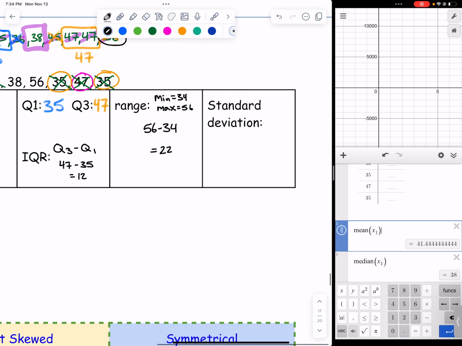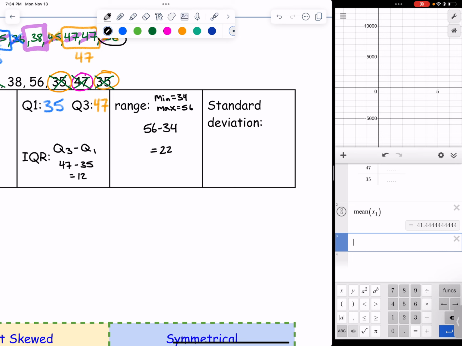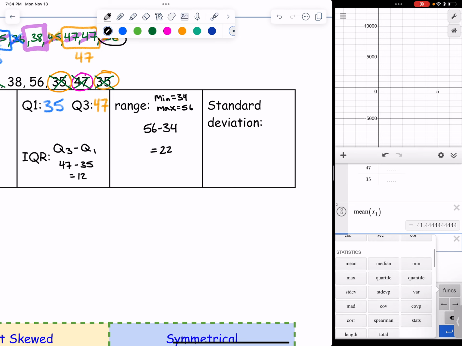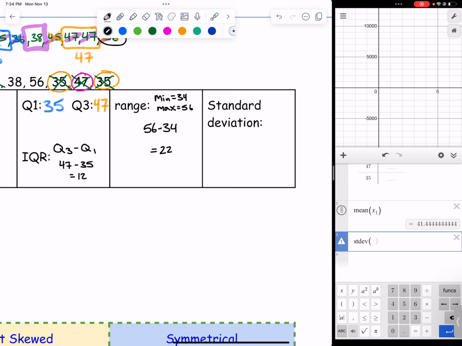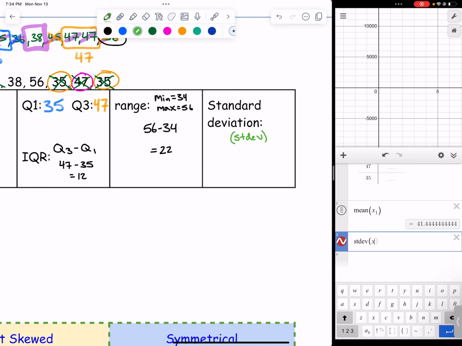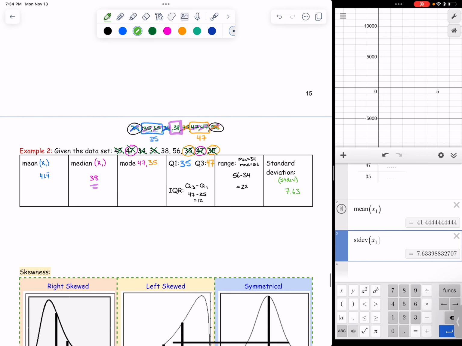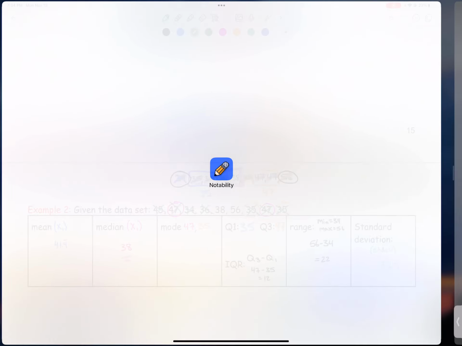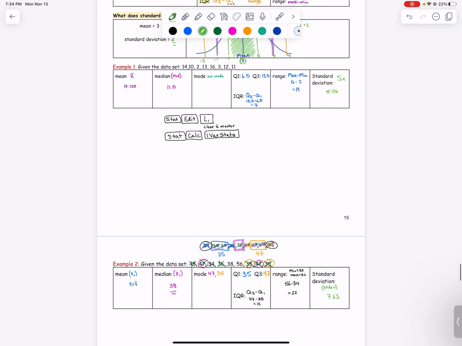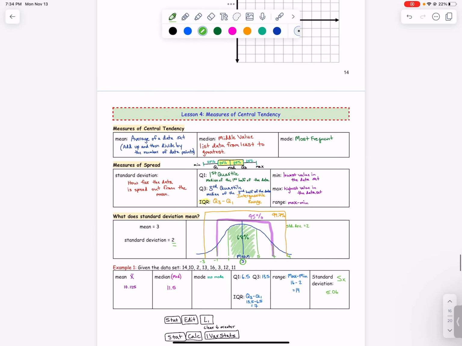And then standard deviation, we can probably come back over here and use Desmos again. So standard deviation is STDEV, is how they abbreviate it. That's what they mean. And then I just got to tell it that I want the standard deviation of X sub 1, which is 7.63. Okay. So your calculator is really helpful, but you can also find all of these by hand. But obviously it helps to save some time to use your technology when you can. So that's it for these notes on measures of central